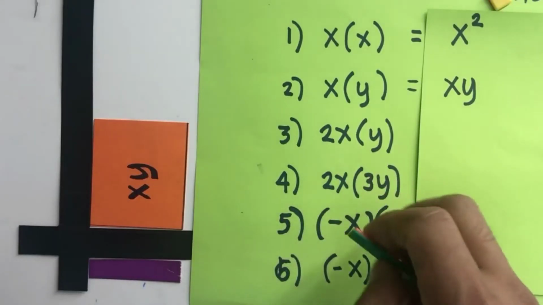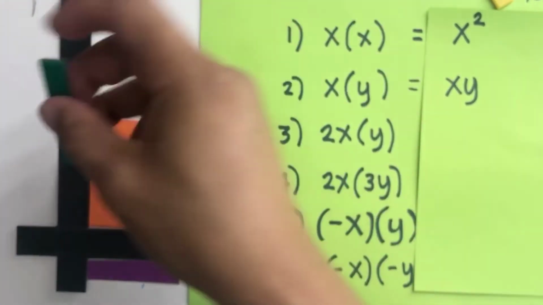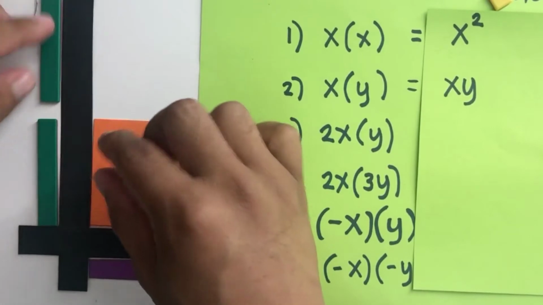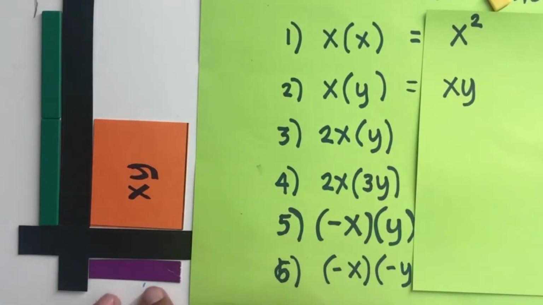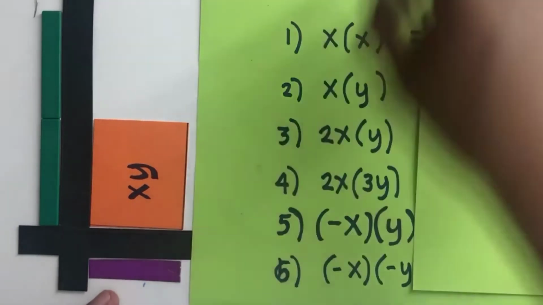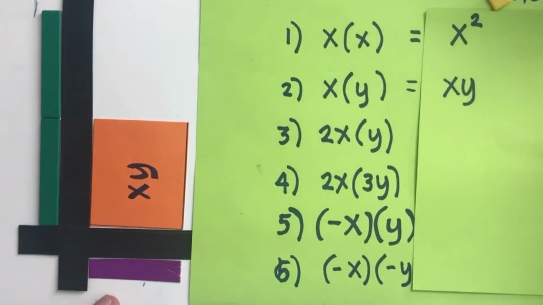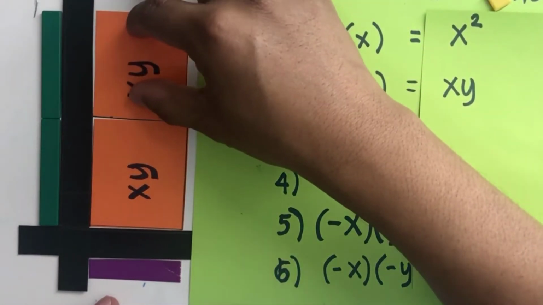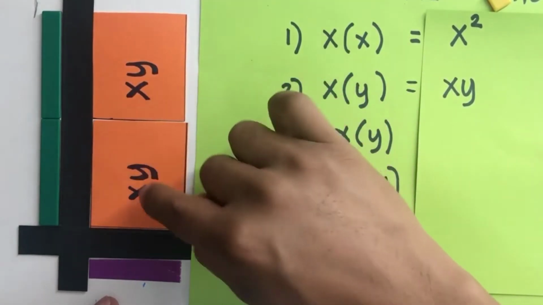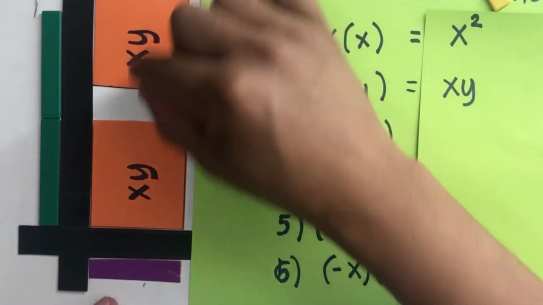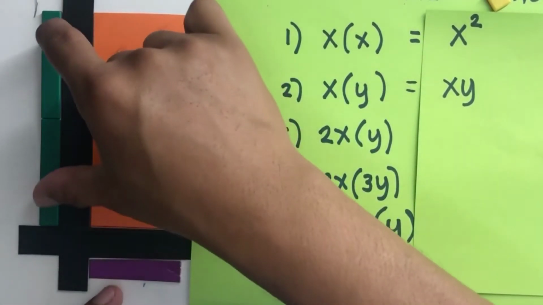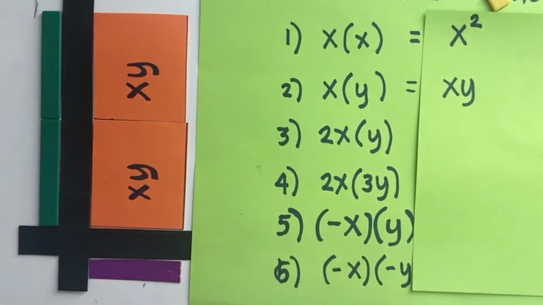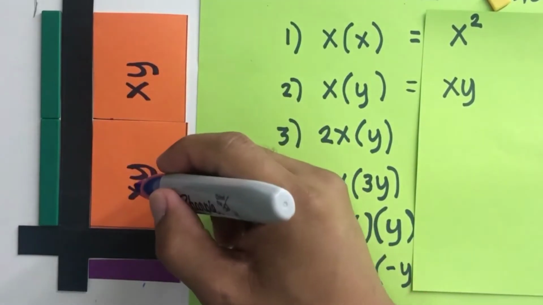For 2x times y, you need two x's like this. So this is one x, another x, that's 2x. And y is this width. And the area would be represented by these orange rectangles. And we have two of that. So this is one xy, another xy. Therefore, the product of y times 2x or 2x times y is 1, 2,